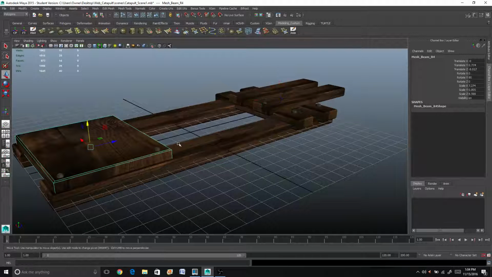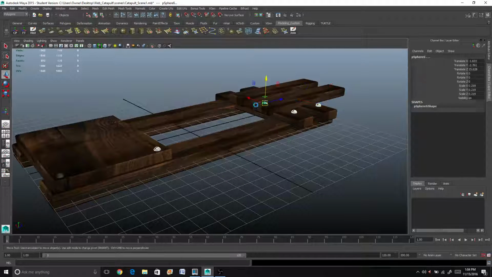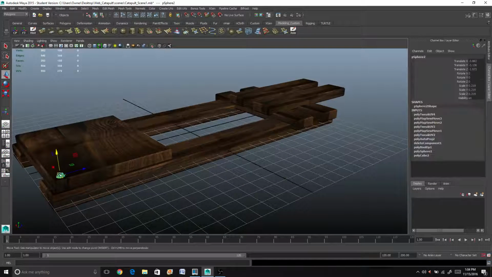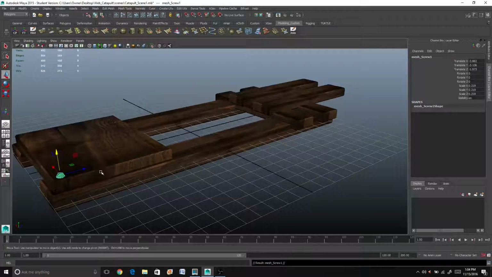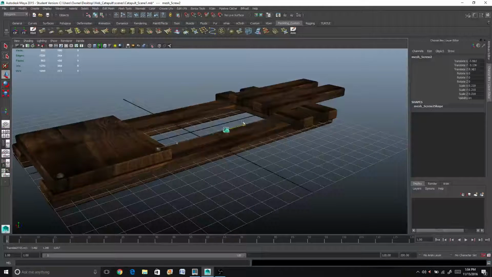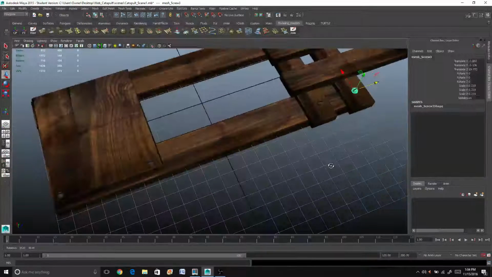I also noticed I messed up on one thing. Let's go ahead and delete these guys really quick. It's not like I messed up big time, it's just I want to stick with naming some of this stuff. So mesh, screw, and delete the history on this guy. Hit Control D and just push these guys on over. Now as I'm creating them, you can see how it says mesh screw head 1, 2, 3, and just